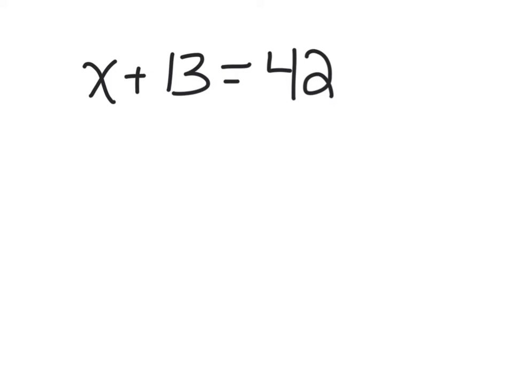Let's take a look at our first example. x plus 13 equals 42. We want to isolate our variable. Our variable is x. So we're going to focus right now on this side of our equation. We need to isolate the variable and do the inverse operation of a plus 13. That would be minus. The opposite of addition is subtraction. So therefore, I'm going to subtract 13